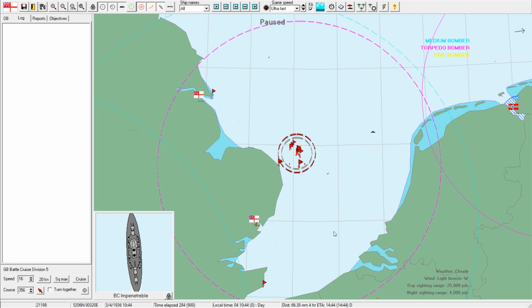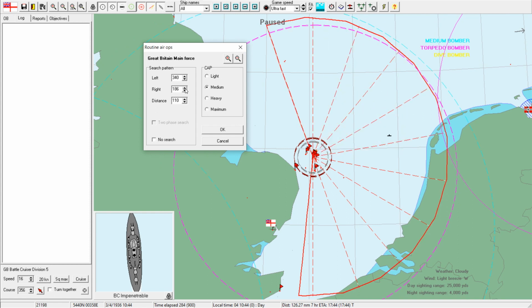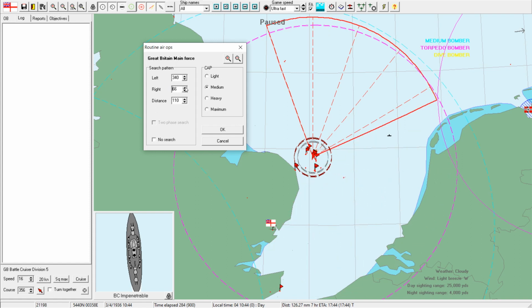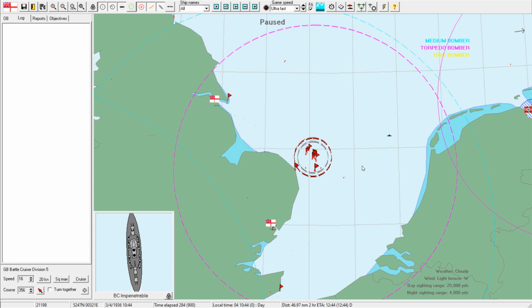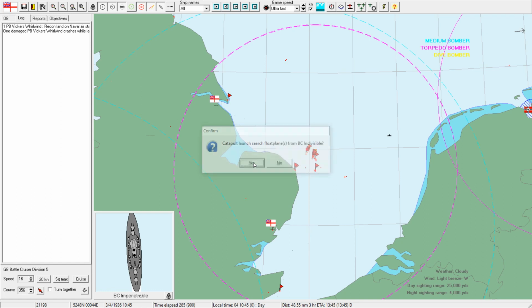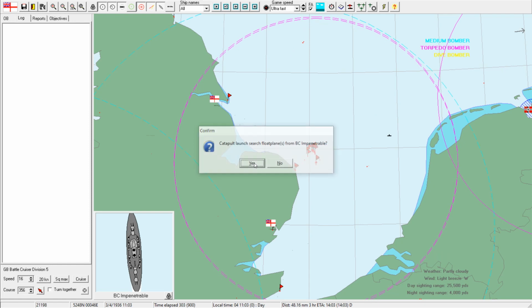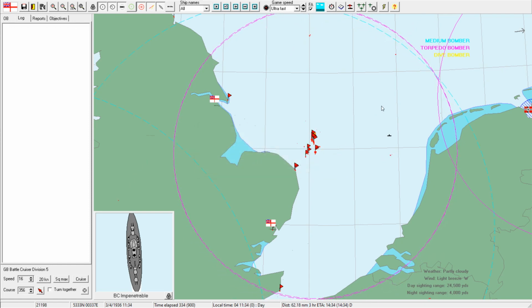Well, that's the case, and they're probably not down this way. Let's change our next recon. We're going to go further off to the left. Okay, we're going to go over that way. And we're going to go off over this way. And that should cover the next phase of the search. Catapult launch search planes. Yes. Oh, interesting. So whenever you order a search, it apparently decides to launch the search. Very interesting. That is a big change over previous...